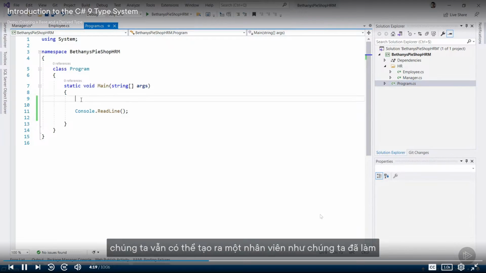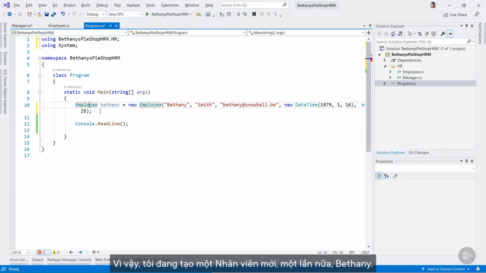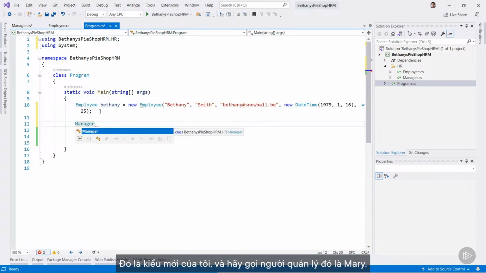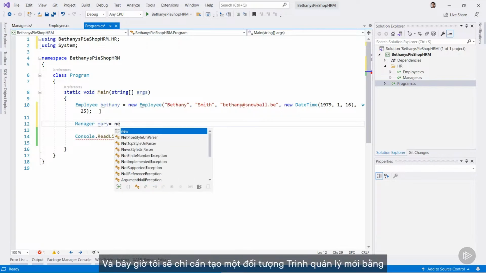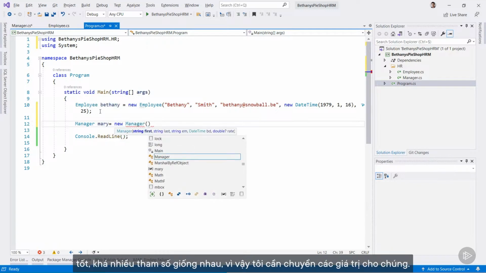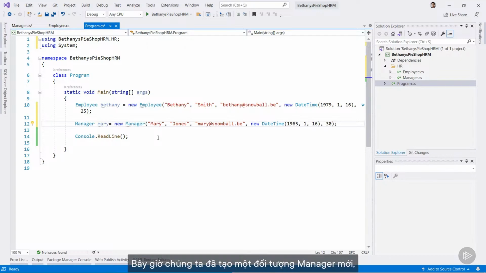We can of course still create an employee as we did before. And that is what we see here. So I'm creating a new employee, again, Bethany. But I can now, in a very similar way, create a new manager. That is my new type. And let's call that manager Mary. And I'm going to now simply create a new manager object by calling the manager constructor. And that accepts pretty much the same parameters. So I need to pass values for these. So there we go. We have now created a new manager object, a new manager instance,